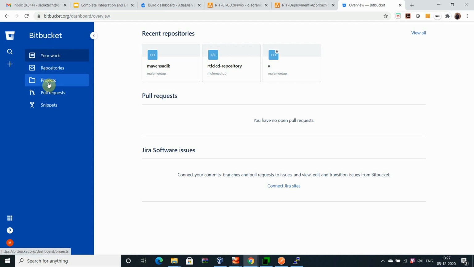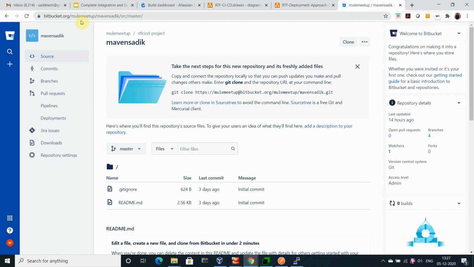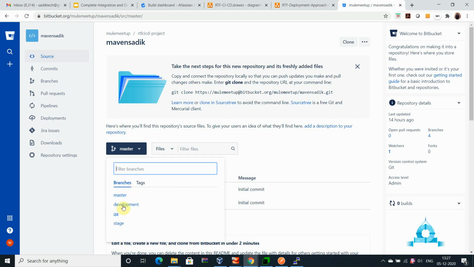You have to create a workspace, and then you have to create a repository, and then under the repository you need to create the project. Okay, and then the project should have multiple branches based on your policy or the practices being followed in the organization or on the customer side. Okay, so I have created one repository. I will go to the repository under the workspace. I have created the repository, and then I have created multiple branches. You can see multiple branches I have created for that application: master, development, queue and stage.